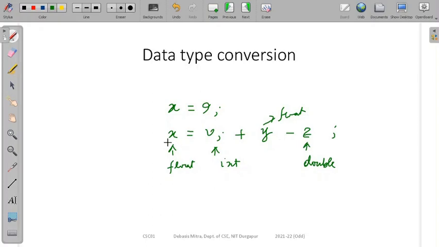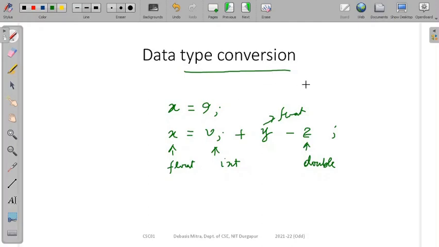Because ultimately this assignment is there, so x must have some value which is already defined as float. Now x should get a float value, a real number, but on the right hand side you might have different variables of different data types. So the conversion from one data type to another is very much necessary,